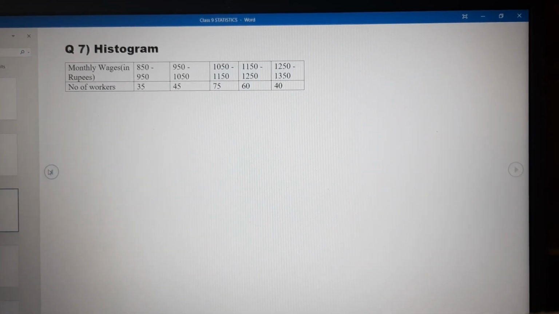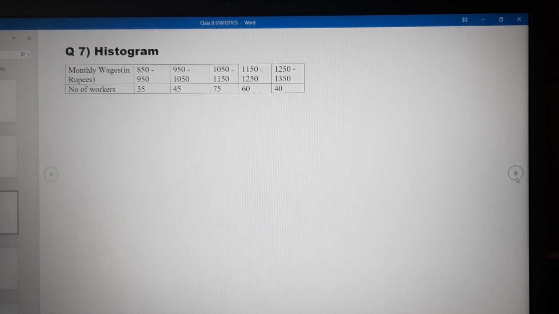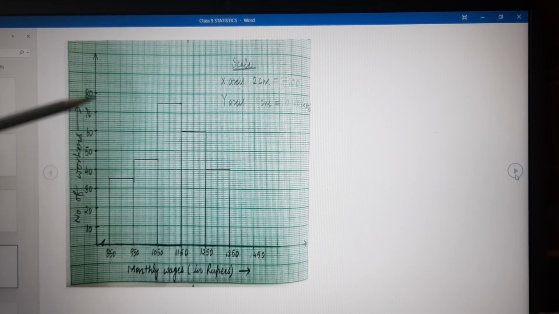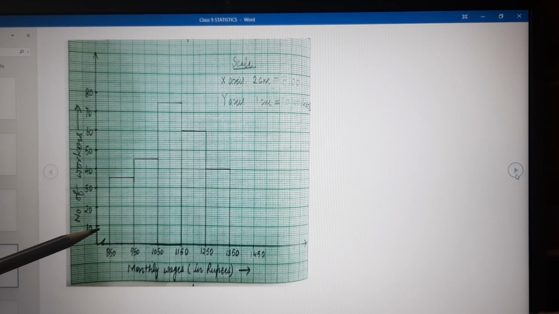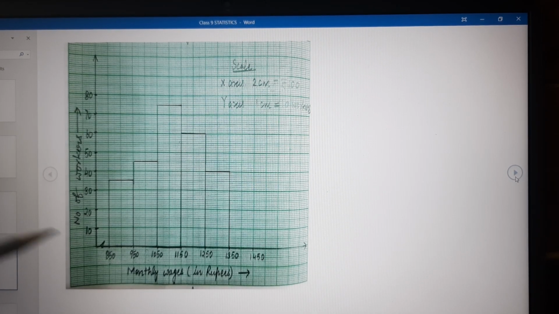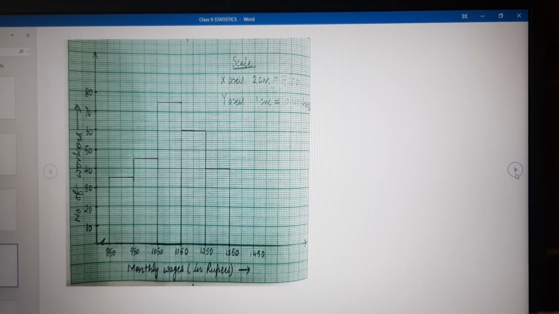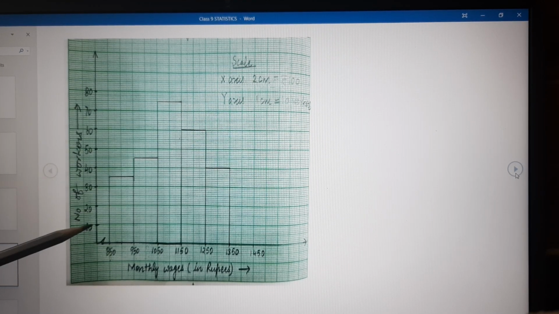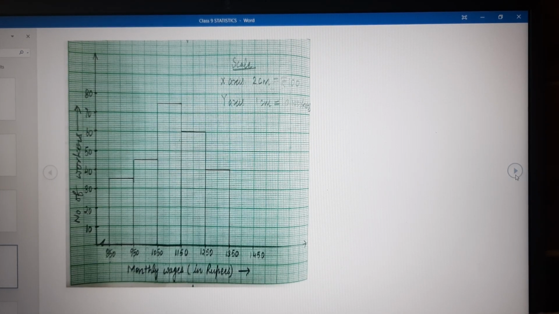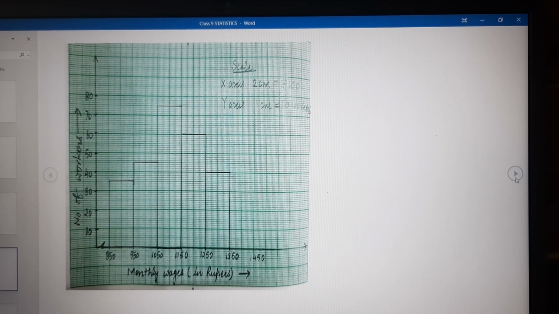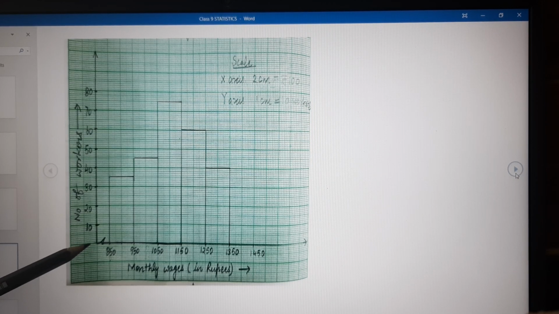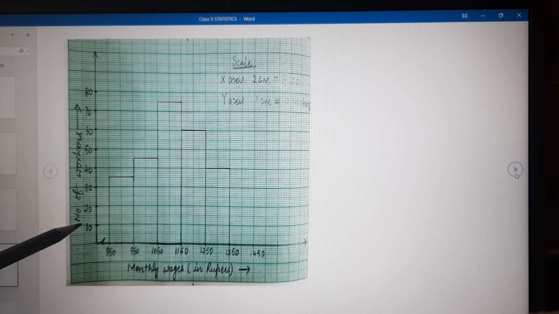Then, how are you going to represent it? You will see, I have taken it as 10, 20, 30, 40, 50, 60. This kink will be drawn only on the x-axis. It cannot be drawn on the y-axis. Remember that. On the y-axis, we have to make sure that the gap between 0 to 10 and further should be same. We cannot draw kink on the y-axis. Are you getting it? So, we have taken scale as 1 centimeter equal to 10 workers.